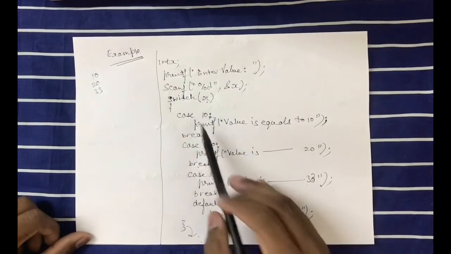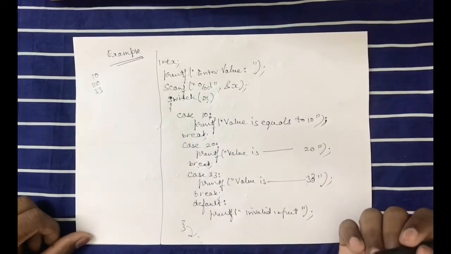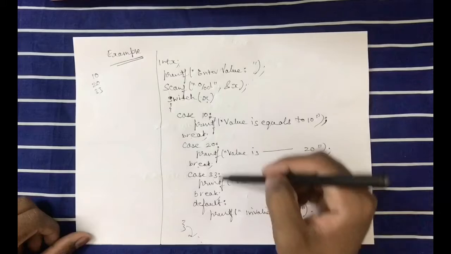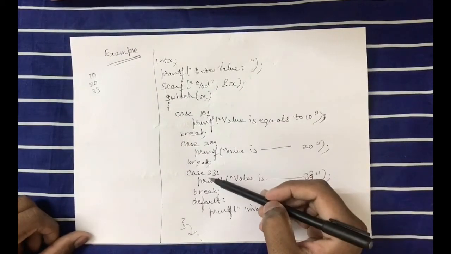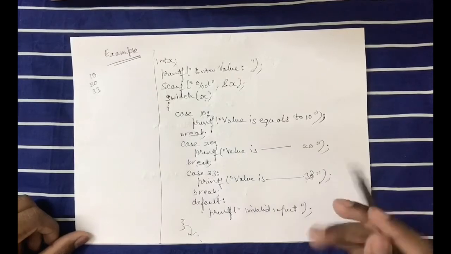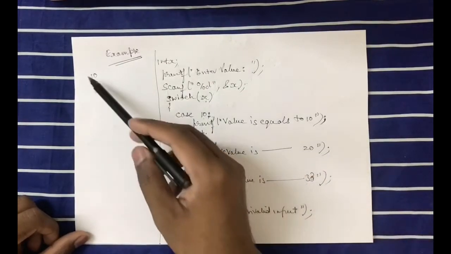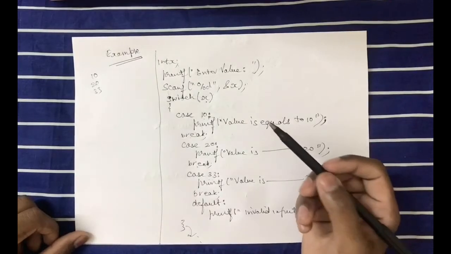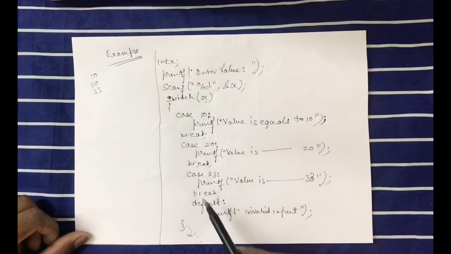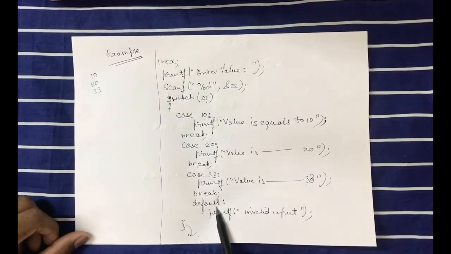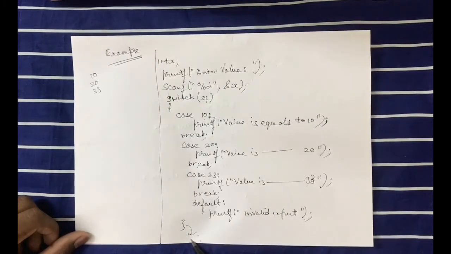It is not necessary that I write 1, 2, 3 over here in sequence, or that we write in ascending order. I can jumble it. I can write case 33 over here and 10 over here, it doesn't matter. So if user gives any other value other than these three, say user gives 70, 70 comes in switch, and this switch executes the default block. Now invalid input would be printed and it comes out.